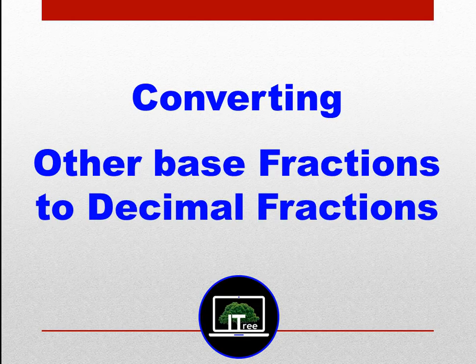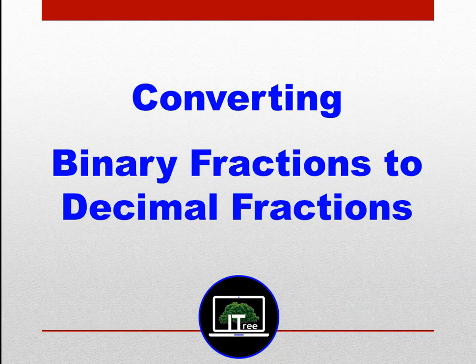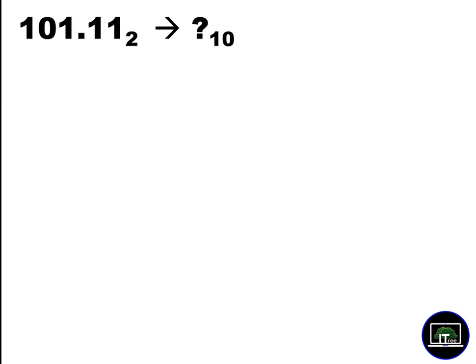Okay, now we are going to convert from other base to decimal. Other base to decimal. How do you do that? That is the same way you did in the whole part. You normally multiply. You do the usual method as we discussed in the previous videos. You simply multiply by the base. So normally now we are going to convert a binary fraction to the decimal fraction. So theory is from decimal point, left side increase the power, right side decrease the power. Left side positive values, right side negative values.